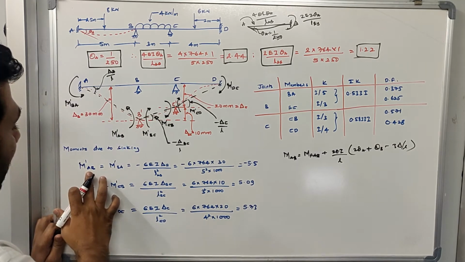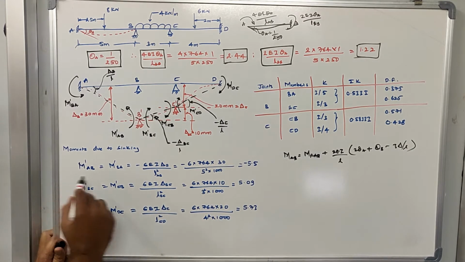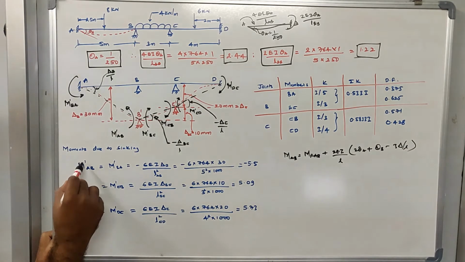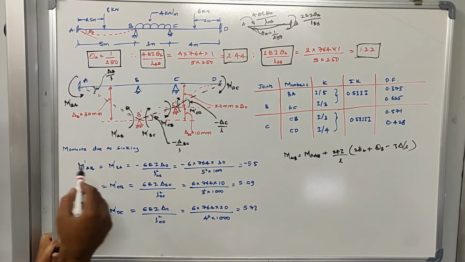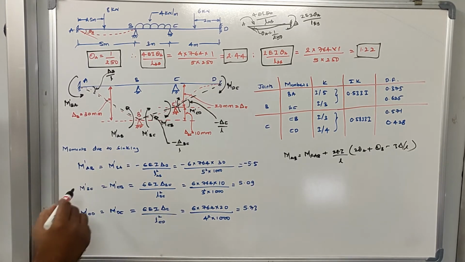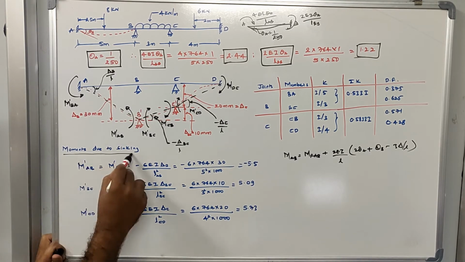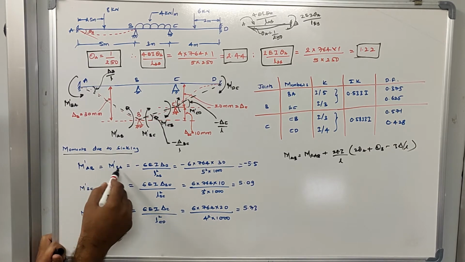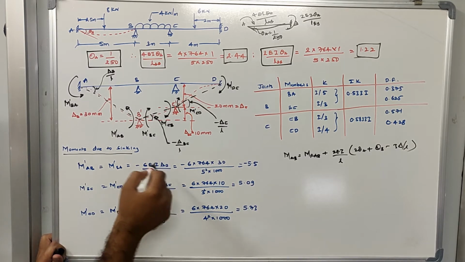So M dash AB, I'm calling it dash because the values that I'm trying to derive here are sinking moments. If I simply say MAB, they are representing the end moments. If I say M dash AB, they are representing the moments due to sinking. So from now onwards, whenever I say M dash AB, they are representing the moments due to sinking. So M dash AB, or M dash BA, is equal to minus 6 EI delta B divided by L AB square.